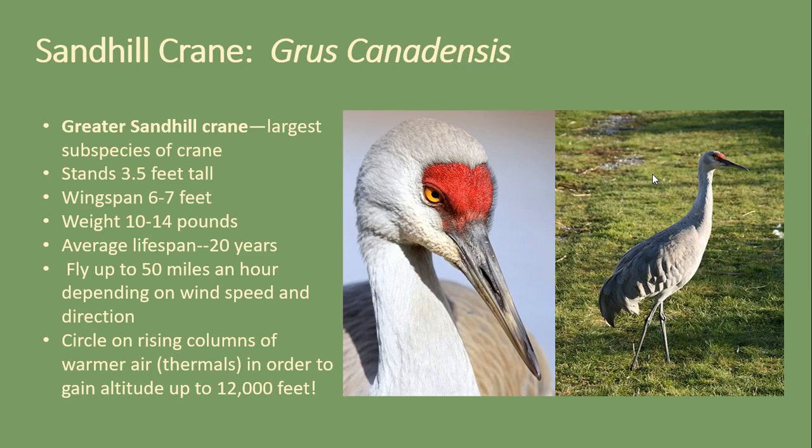The sandhill cranes can fly up to 50 miles an hour, given the appropriate wind speed and direction. On average, they typically fly between 20 to 30 miles an hour. Not only is the wind important to the sandhill crane for the speed and direction in which they want to go, but the wind is even more important in the sense that these birds actually use rising columns of air, warm air, or thermals. They're also called updrafts, and this can take them as high in the sky as 12,000 feet. I know that I've actually watched them over my house and seen them circle upward and upward until they catch that warm air, and then they're off again.